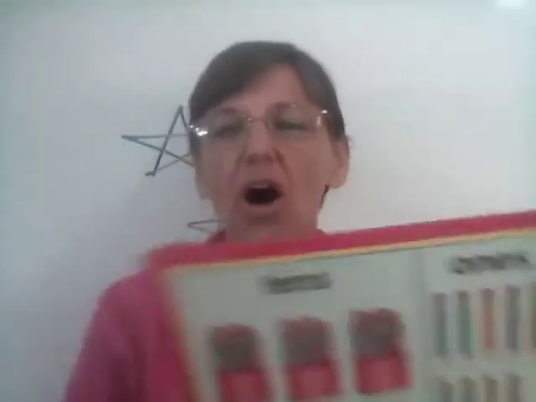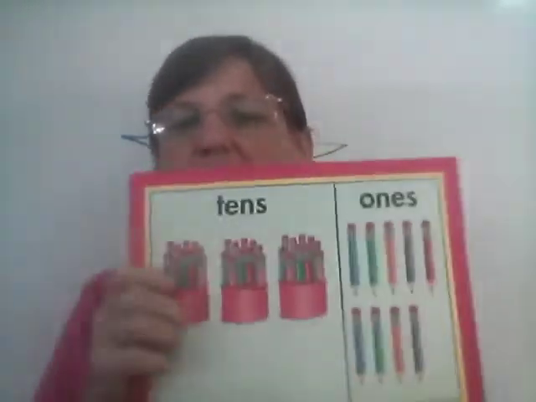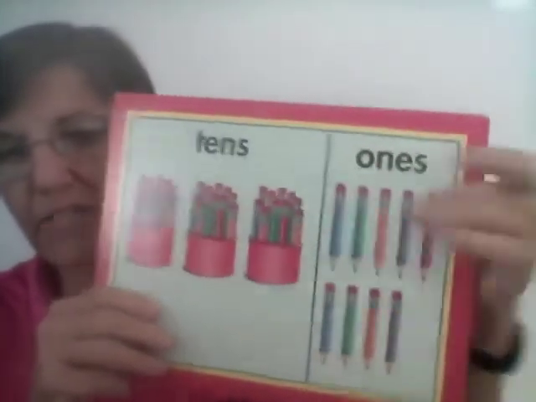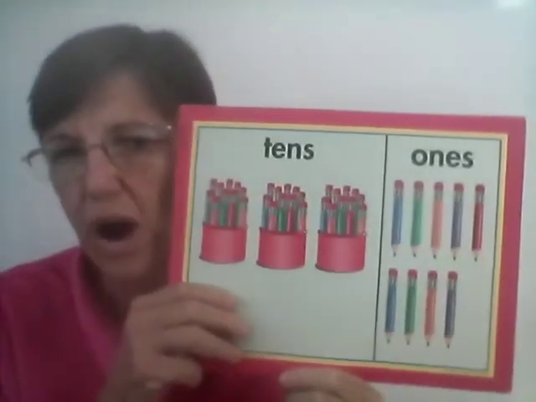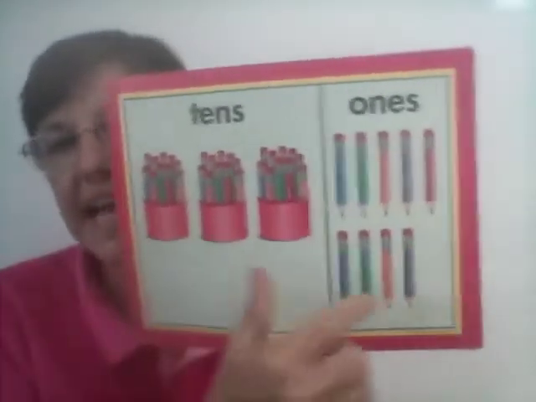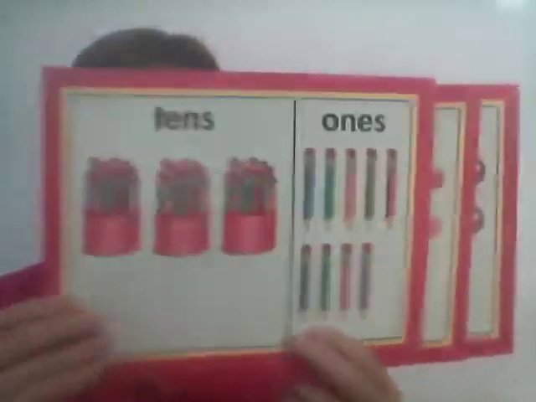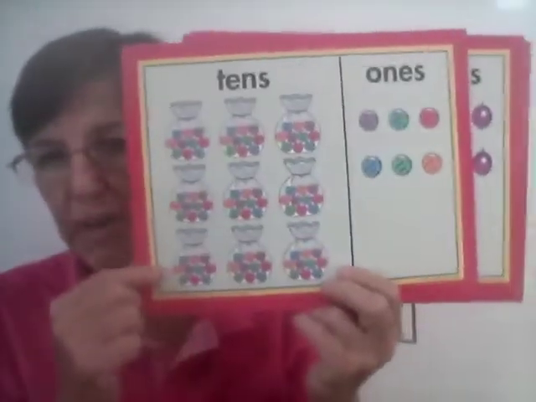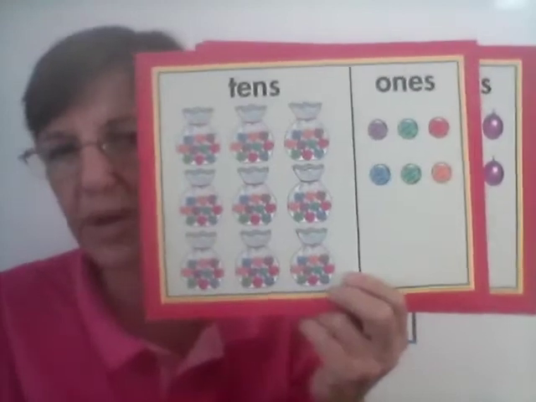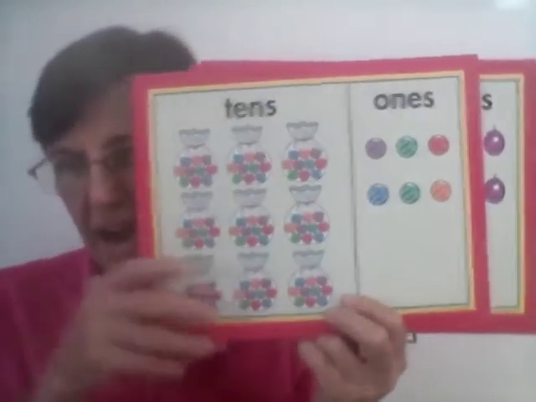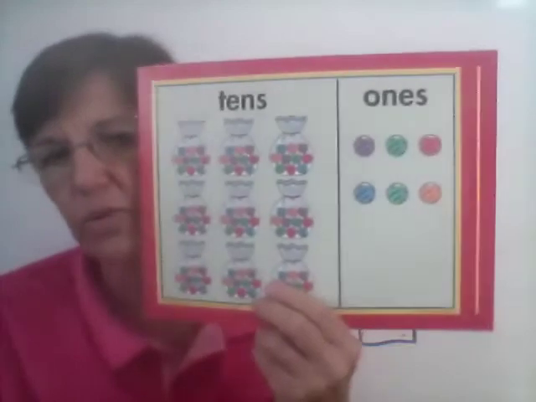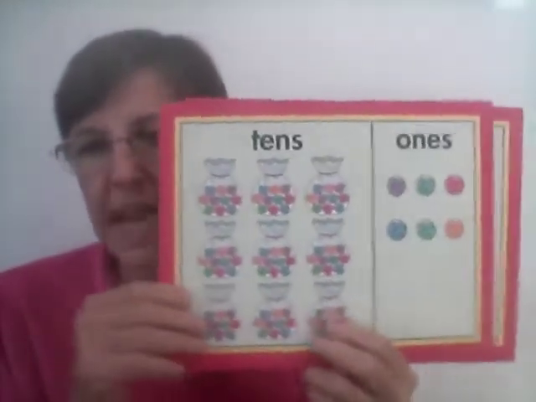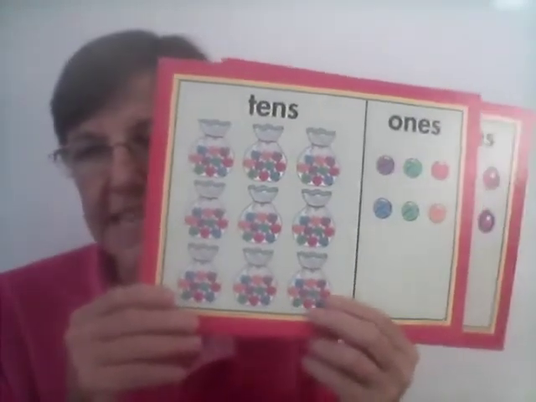Let's go over some of these cards. These are easy too. If we have 3 tens, and how many do we have over here? A 5 and a 4. What's 5 and 4? 9. Good. 3 tens, 9 ones is what? 39. Tens over here. How many do we have? 3 groups of 3. How many is that? 9. And how many are here? Look real fast. It's like dominoes. 6. 9 tens, 6 ones. How many do we have? 9 tens, 6 ones is